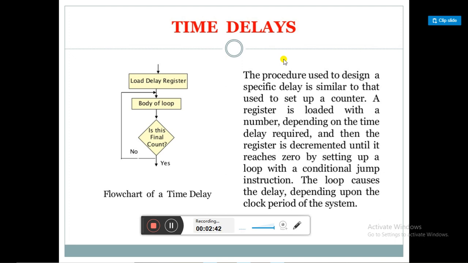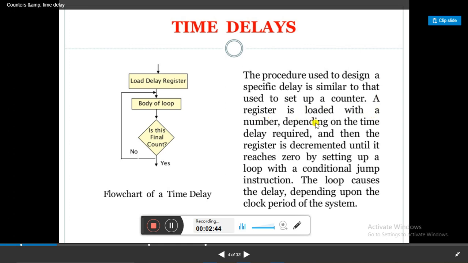So a register is loaded with a number depending upon the time delay we require, and then the register is decremented until it reaches 0 by setting up a loop with a conditional jump instruction. The loop causes the delay depending upon the clock period of the system.